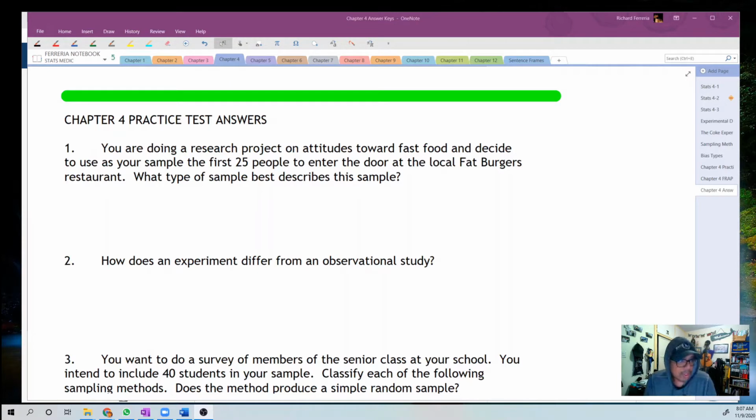You're going to design a research project on the attitudes toward fast food and decide to use as your sample the first 25 people to enter the door at a local Fat Burger restaurant. What type of sample does this best describe? Well,